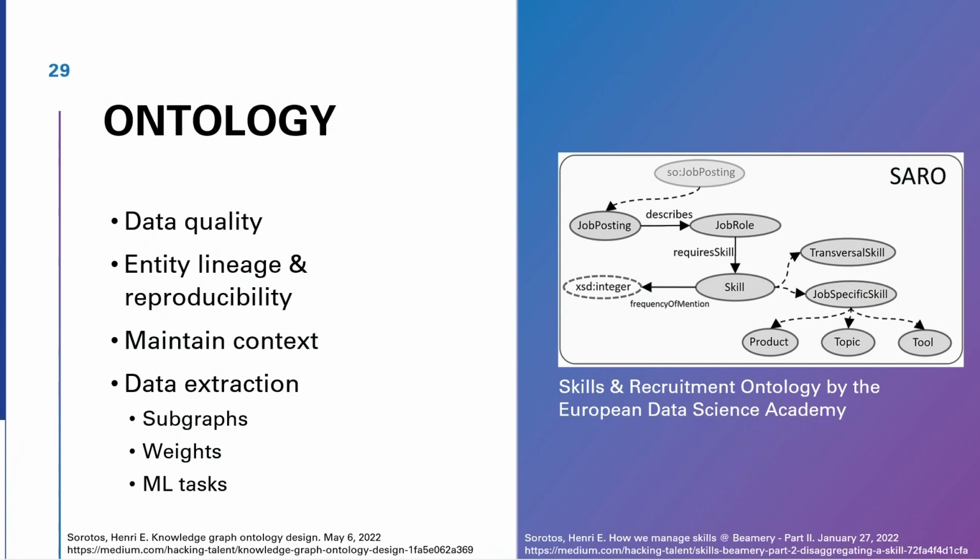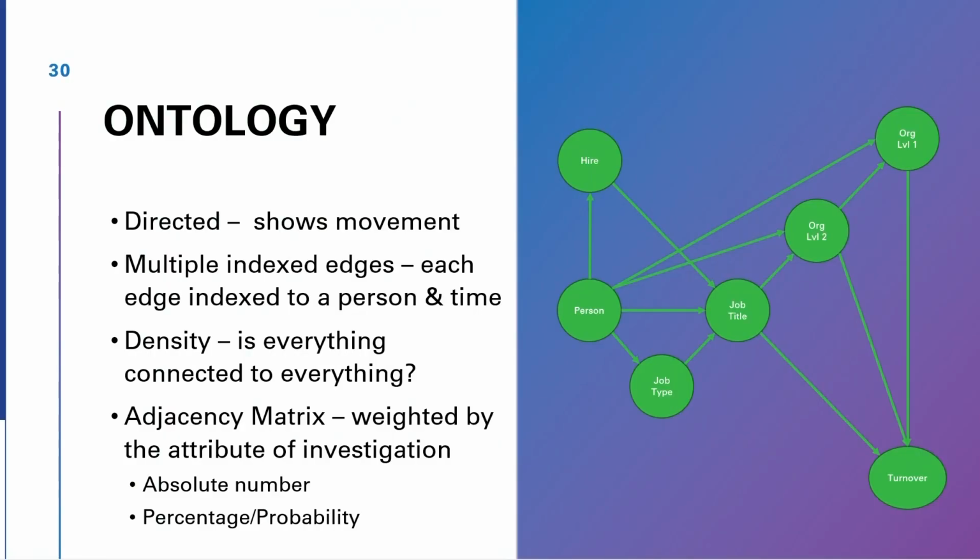So an example that I have up here is from the European Data Science Academy. They came up with a system, and it's available online. You can upload your resume, list your skills, and potential employers can go in there and search it, and it's using a graph database to help match employees with employers in a language agnostic method. For our application, we changed it up a little bit, and we kept it as directed, like we saw in the other one, because we care that you went from A to B, and that you didn't go from B to C, or sorry, B to A.